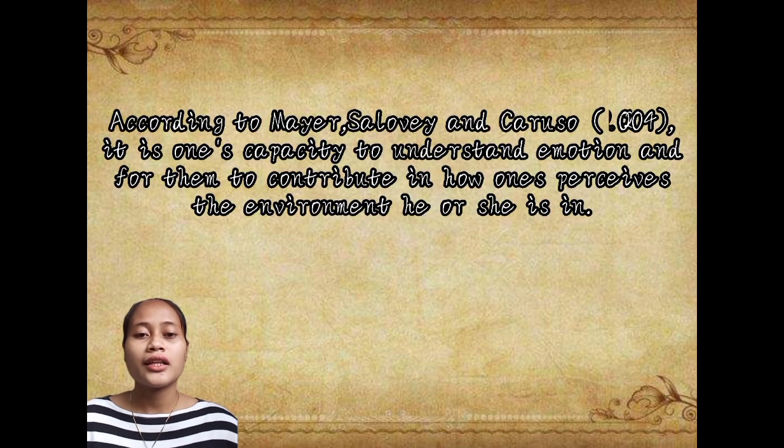According to Mayer, Salovey, and Caruso, 2004, it is one's capacity to understand emotion and for them to contribute to how one perceives the environment he or she is in. Ayon naman sa kanila, ito ay kapasidad ng tao upang maunawaan ang damdamin or maunawaan ang kapaligirang ginagalawan.